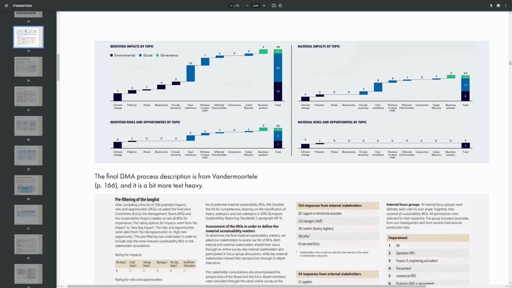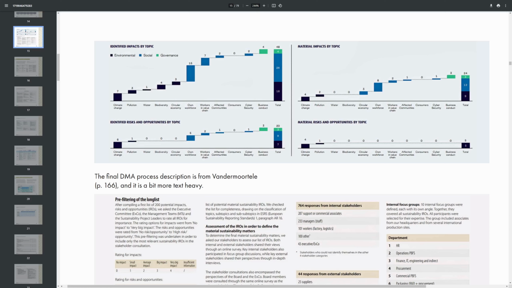Really excellent. It also shows me that they have really grasped the concept of double materiality. They have impacts, they've counted them up on a per topic basis, they understand which ones are environmental impacts, which are social impacts, which are governance impacts. They've done the same for risks and opportunities, they've counted them up, they've assigned them to the relevant topics, and then they have done the assessment and they've done the same thing post-assessment. Those material IROs which were environmental, social, and governance, are still listed as such. And we can now see the approximate